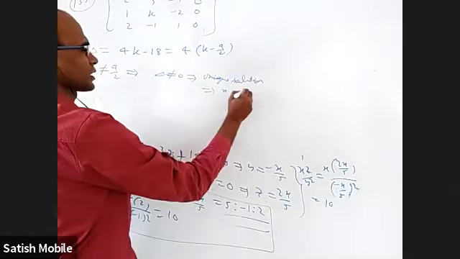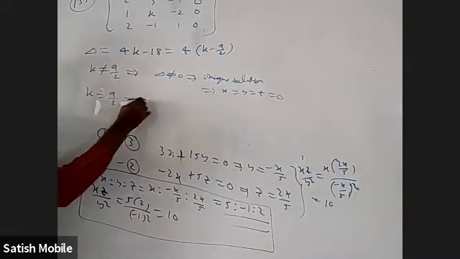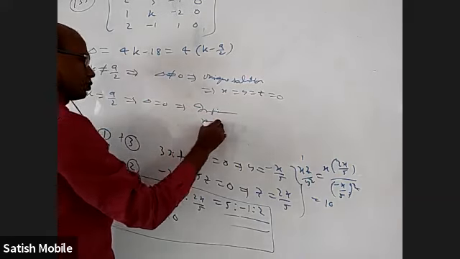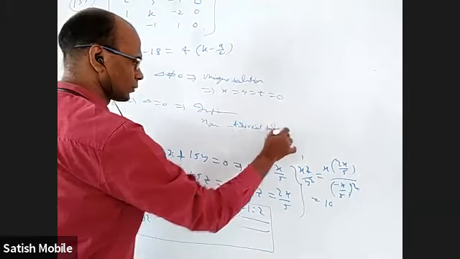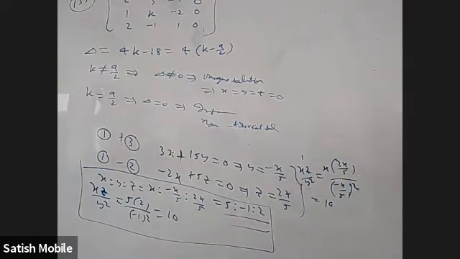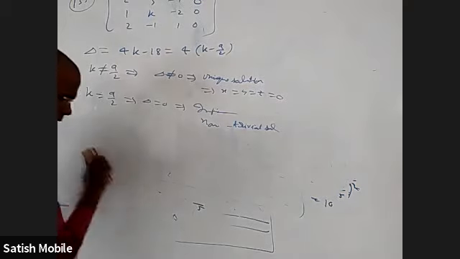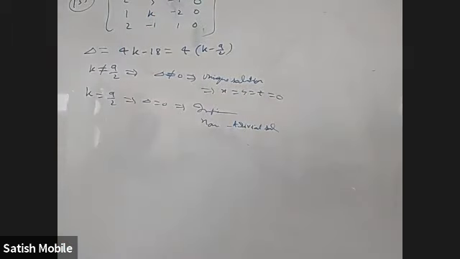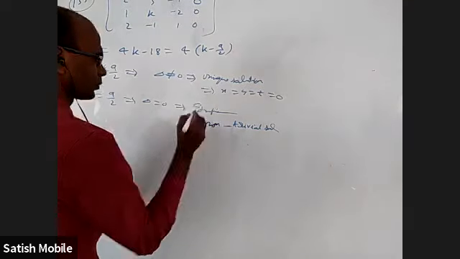What is that unique solution? x equal to y equal to z equal to 0. If k is equal to 9 by 2, delta equals 0, and you will have infinite solutions, which is also a non-trivial solution. So how to find those infinite solutions?